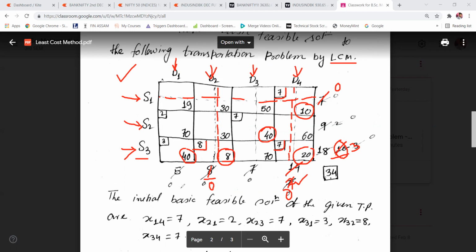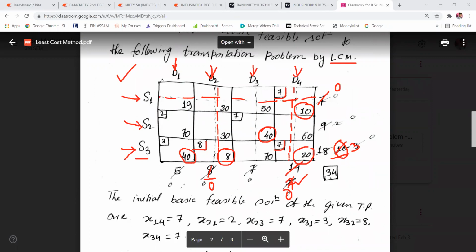So now the question will arise: which cell will we consider for allocating first? Which cell out of these two cells, where the transportation cost is the same and minimum, will we consider first?